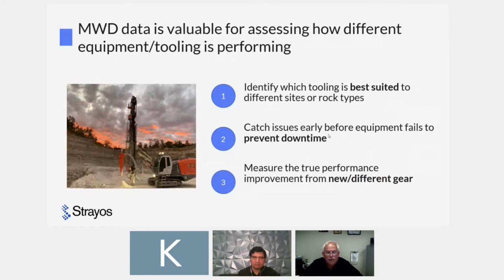Different tooling. As your tooling wears out or it needs to be resharpened or wears down, Measure Well Drilling will tell you, hey, my penetration rate's slowing down, and this is the reason why. It also will tell you in a very measurable way what is the best suited tooling that you need. Do you need a carbide button bit? Do you need drag bits? Do you need a ballistic bit? Do you need round buttons? And it helps to really narrow down the best productivity for that area that you're drilling in.